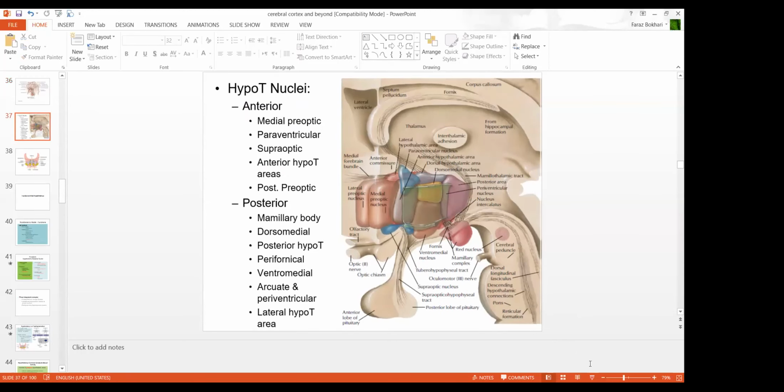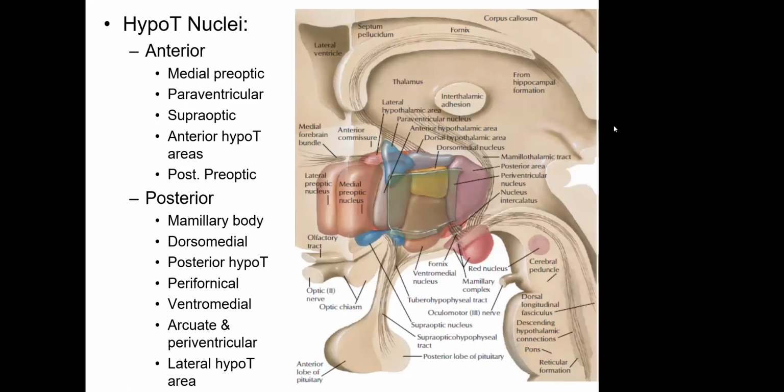So this now basically shows details of various nuclei, which, as you can see, are numerous, but they're basically divided into anterior and posterior nuclei. There are, of course, these are anatomical details, and you will be studying this when you will study neuroanatomy, specifically of the hypothalamus. However, as far as physiology is concerned, there is one consideration that as you go higher in